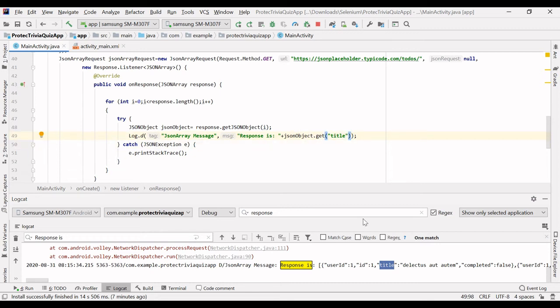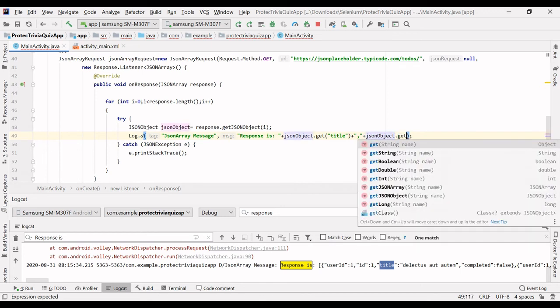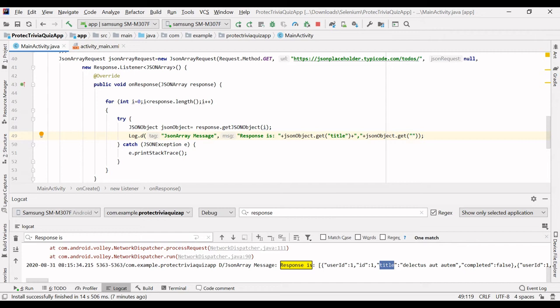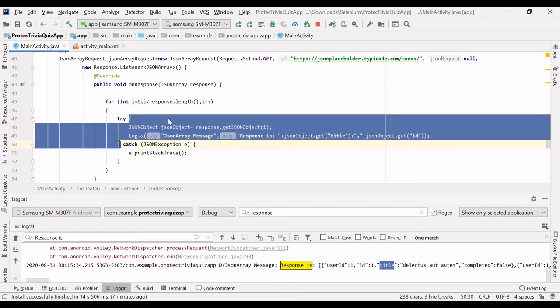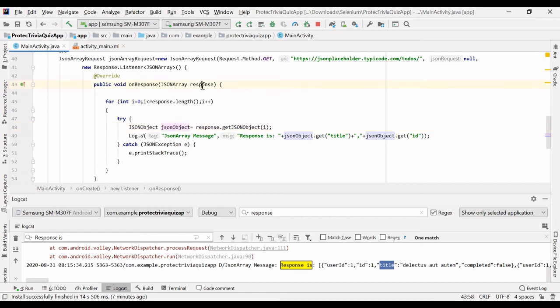Next I will concatenate and separate the ID and title with a comma, and then I want to get the ID. So what we are doing is getting each and every JSON object from this array response, and then from this JSON object I'm getting the title and then the ID. So let's run this.